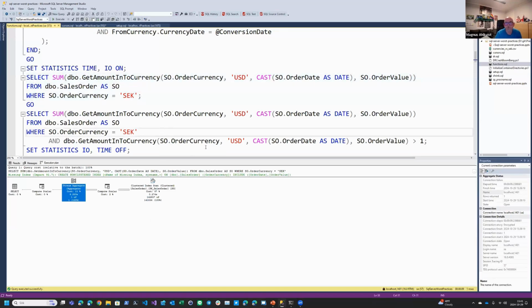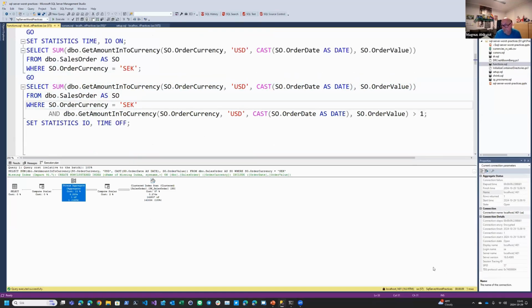If you want to make things even worse, because I think this is bad enough that it took 9 seconds to run this query, you can also use this scalar UDF in the where clause. So if I only look at